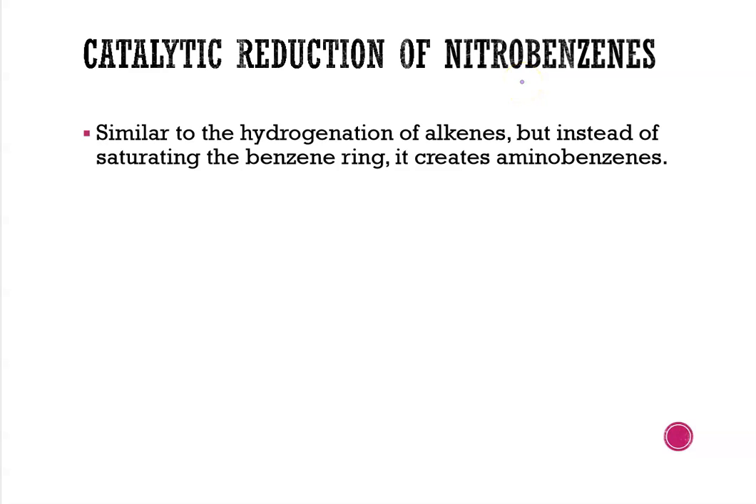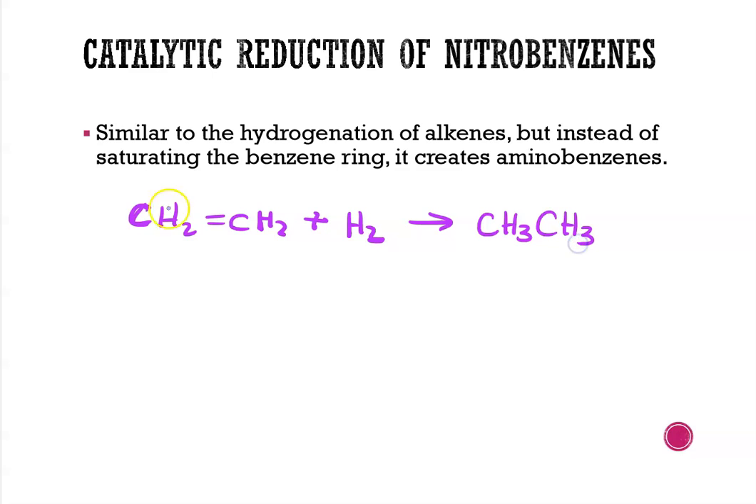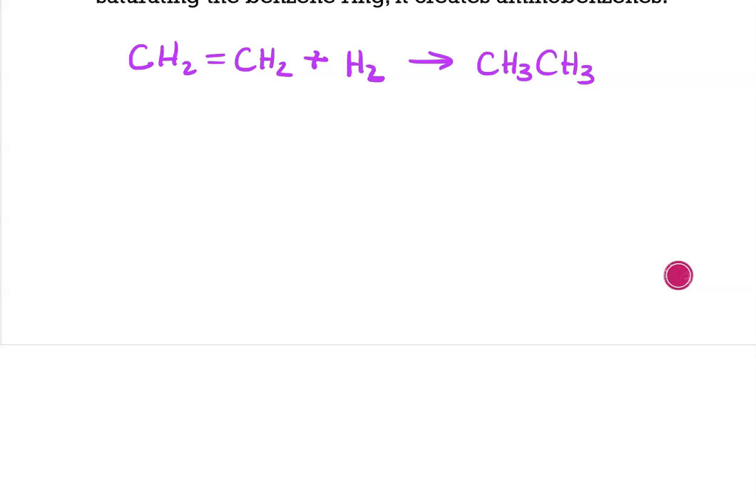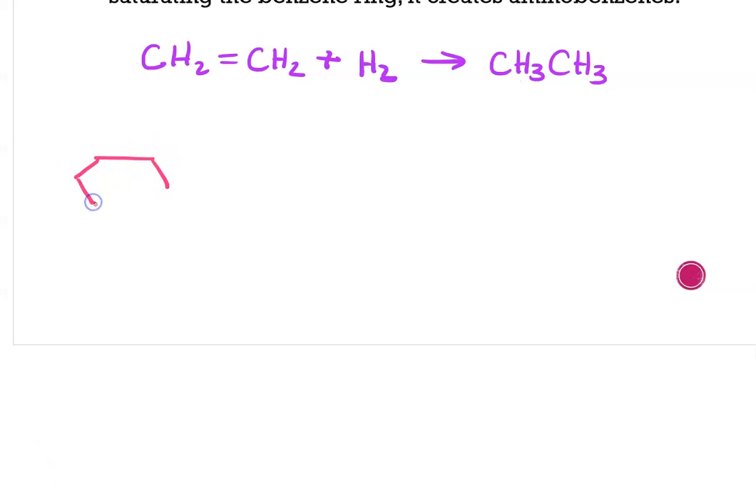So the catalytic reduction of an alkene results in saturating that double bond. So if you have CH2 double bond CH2, then adding H2 will saturate that double bond and you just end up with CH3, CH3. All right, so when we talk about the catalytic reduction of alkenes, what we're doing is we're saturating the double bond. When we talk about the reduction of a nitrobenzene, we are not saturating those benzene bonds because it's too stable of a structure. So what ends up happening, and it undergoes the same kind of process, but instead of the hydrogen